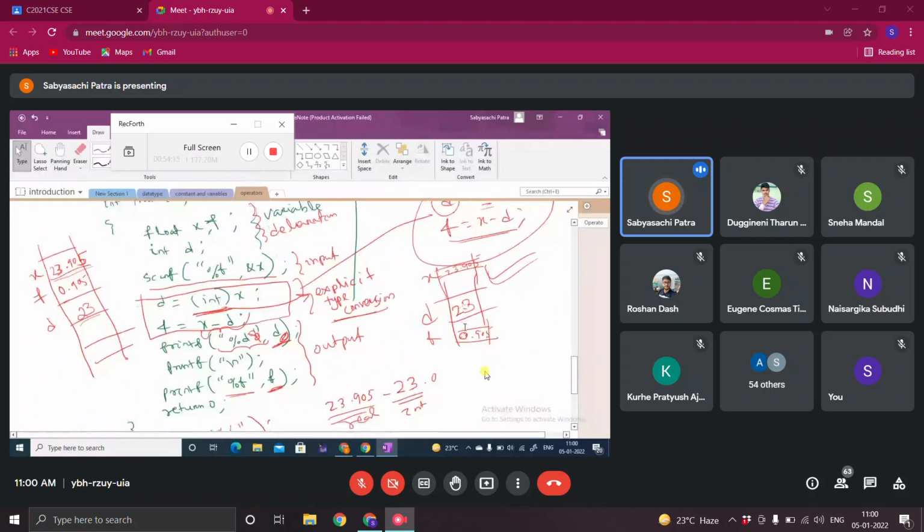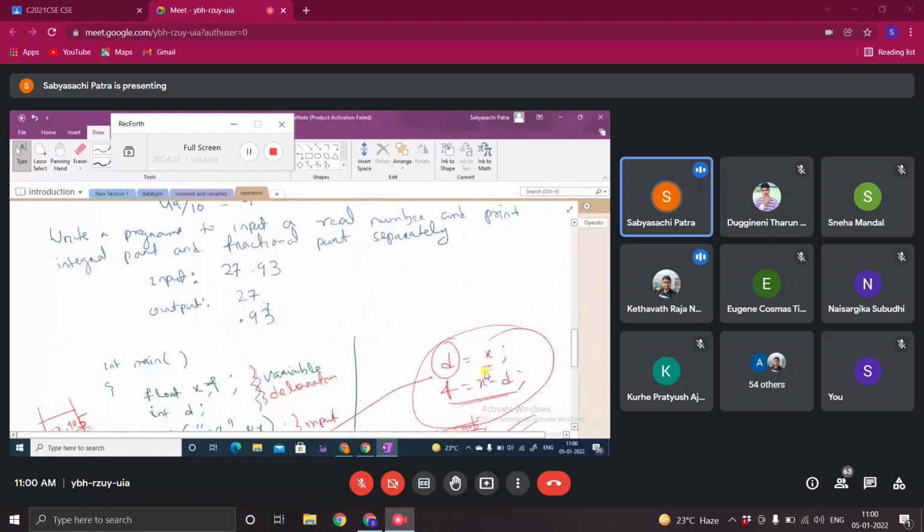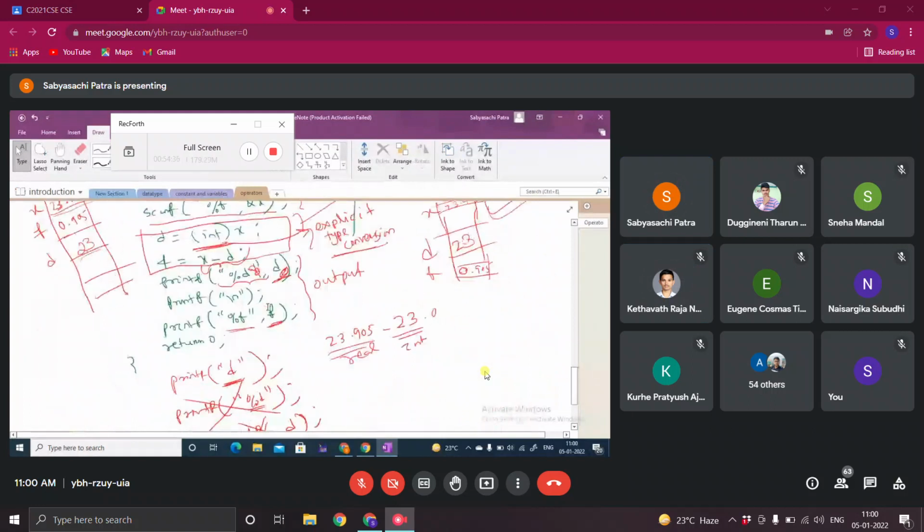Yeah. So next class we'll continue with this. A few more types of operators. We have discussed only the arithmetic. Then you have logical operators, relational operators, bitwise operators. So many different types of operators are there. We'll discuss in the next class. Okay, you write this small program in your laptop if you have installed Code Blocks and see the result. Okay, sir.